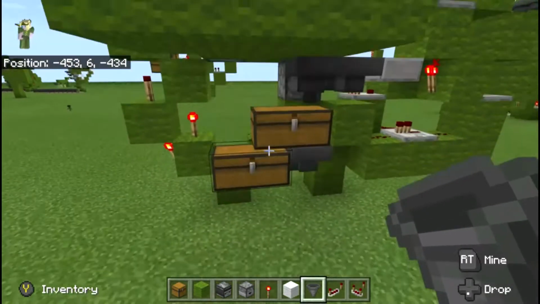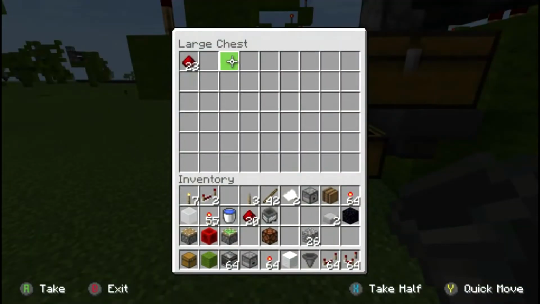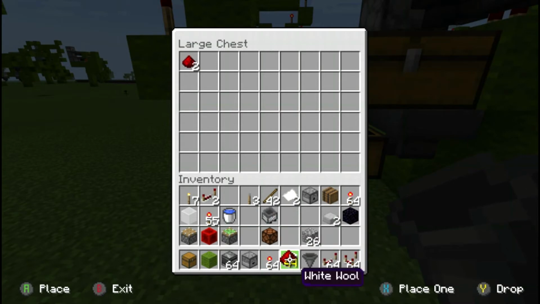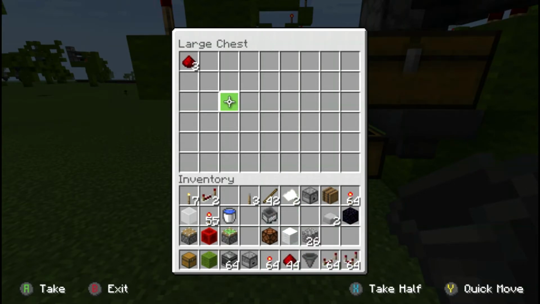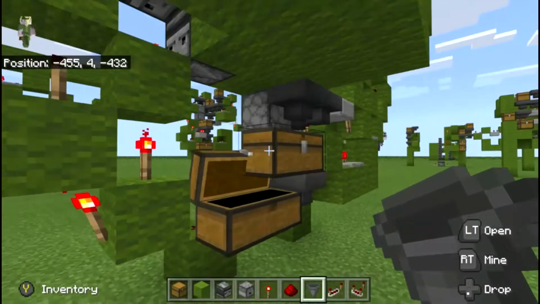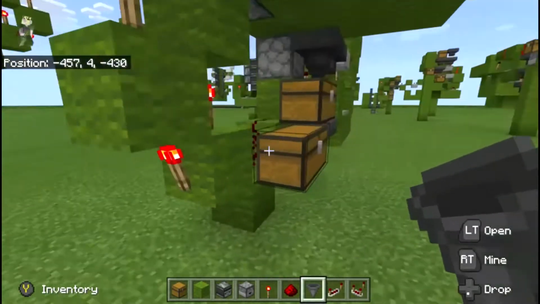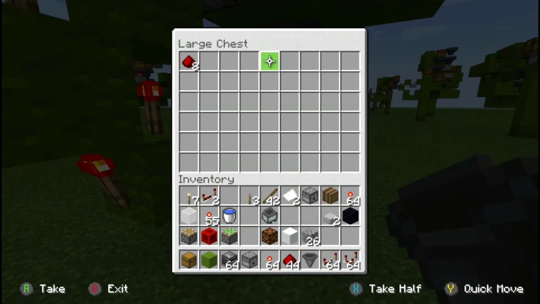So we just put some redstone in. And I mean, yeah, it's working, right? But look how slow it is. So if you can imagine that you had a few slices of these right next to each other, and you're trying to filter your items in, it's so slow, like, honestly, what's the point? I mean, it works, yeah, but